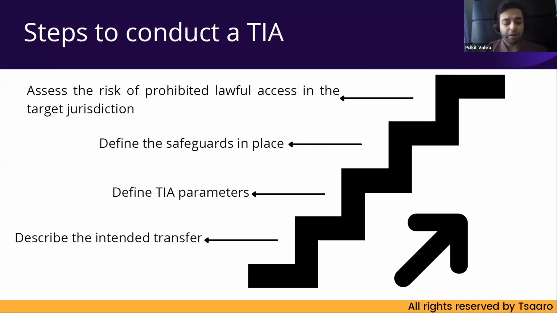Now, if you talk about payroll, definitely you would have some sensitive personal data as well, because you will have financial information in the payroll: the account information of the employees, the salary data, the tax data. So it's important that in the TIA we categorize this data: what is the sensitive data we are going to transfer, what is the general data we are going to transfer. This classification would be different based on your organization's classification standard, whether you define normal personal data as general personal data, or as confidential personal data. Every organization has their own way of classification, and based on that they have their own way of handling